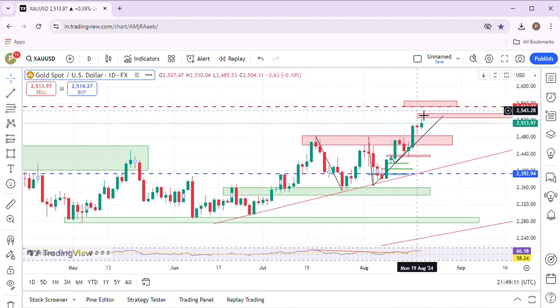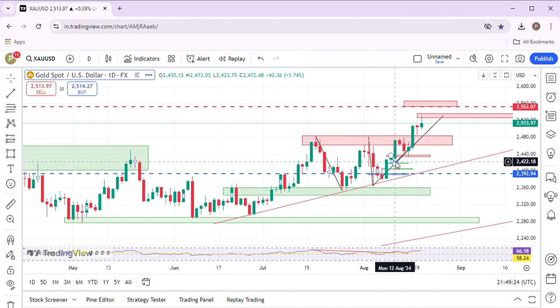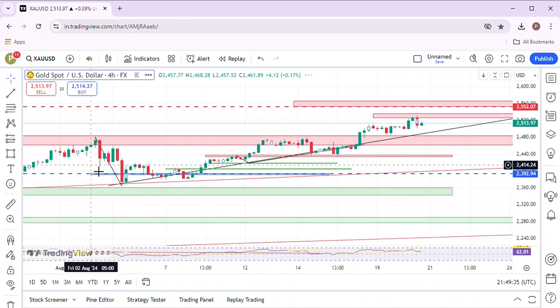So the first thing that comes in front of me is that 2525.75 is a sell zone. But before that, I want to discuss right here, if this was a sell level, why I didn't go for a sell. I switched to the H4 because it was a real time when the market was right here. I was looking for a sell pattern. First of all, the candlestick formation right here was not so satisfactory for me to take a sell trade.